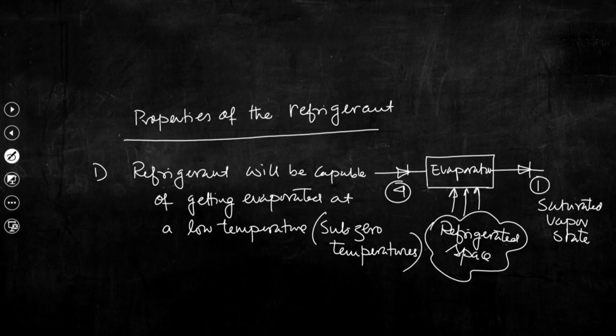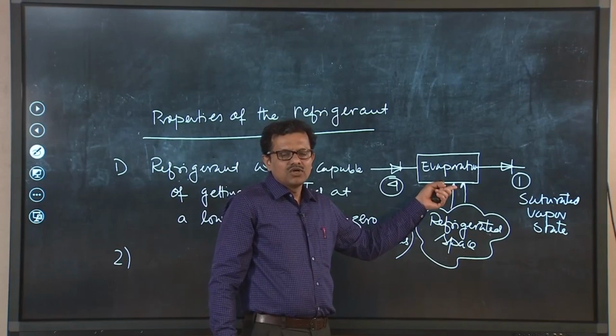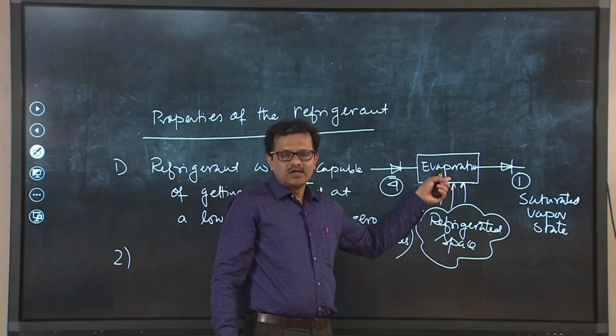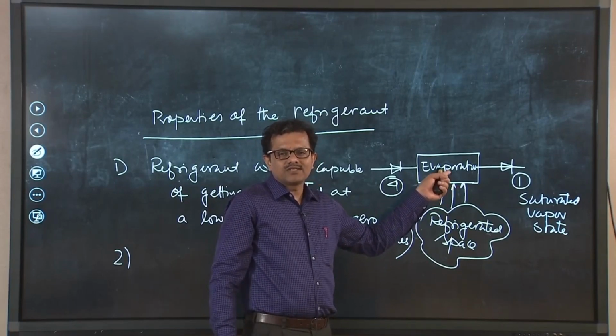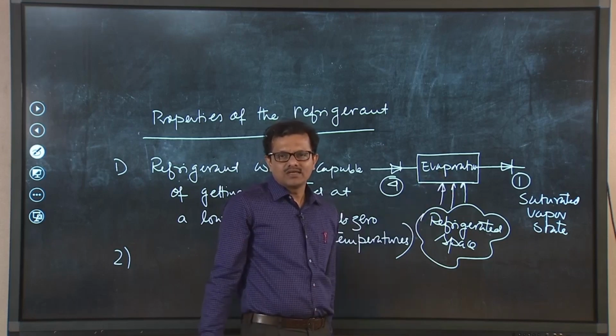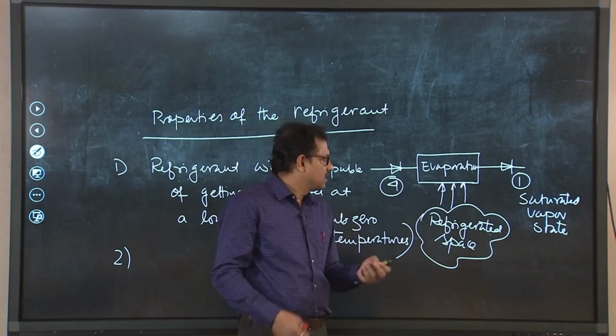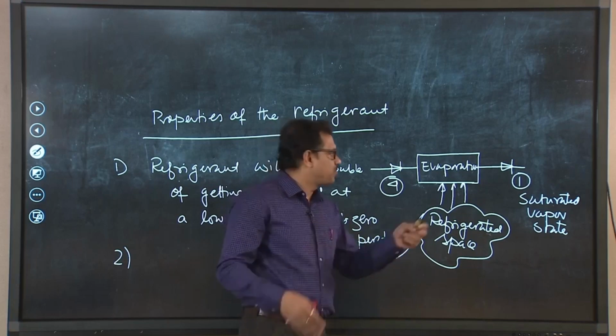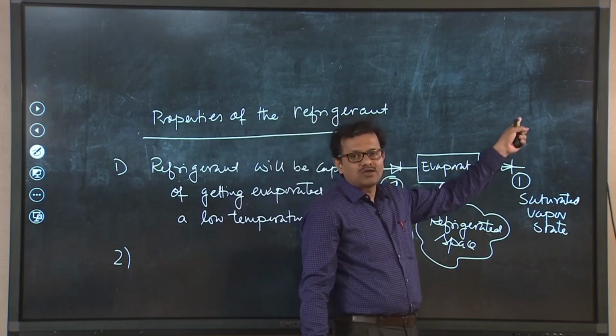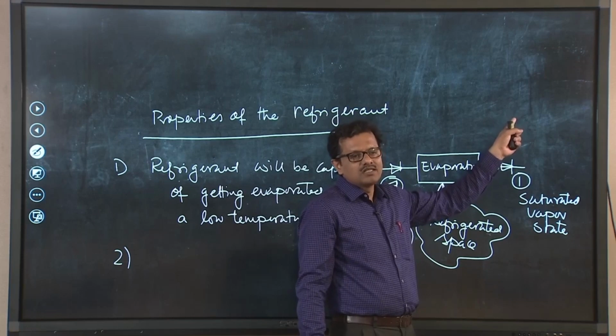Okay. So, this is number 1. Number 2 is, see, the unit cannot be very, basically that the amount of heat that should be extracted from the refrigerated space, that also will depend on the mass flow rate of the refrigerant. And also the latent heat. So, we really cannot increase mass flow rate of the refrigerant for a smaller unit, otherwise the system will be